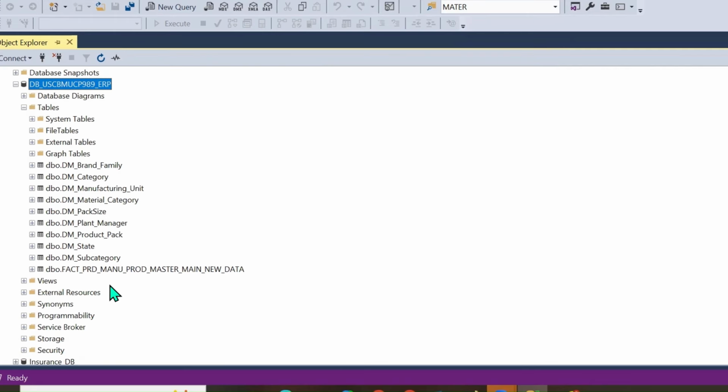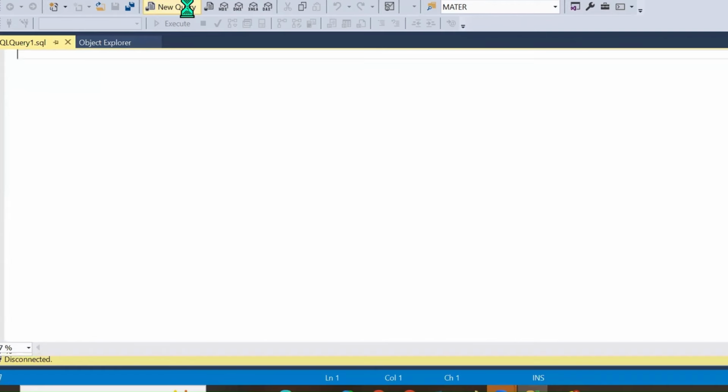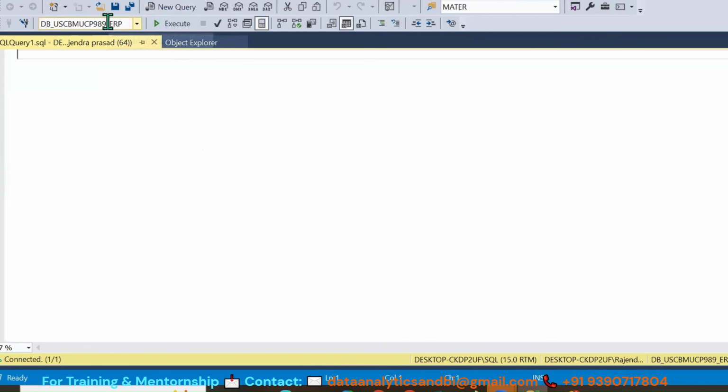So what do we need to do? We need to see what kind of data is available in each and every table. If you see, DBO is the database object, and FACT is the fact, then production manufacturing master main underscore new underscore data. That is the code that they give. They follow some syntax or rules to name the data or the tables. So how do we see, how do we run it? Either way we can go: click on the new query,